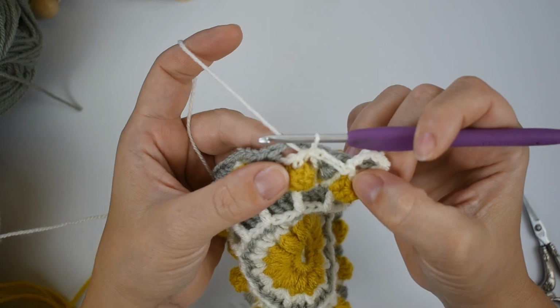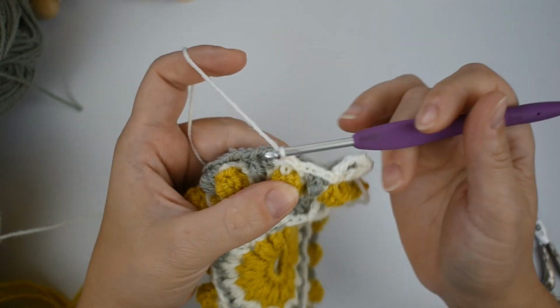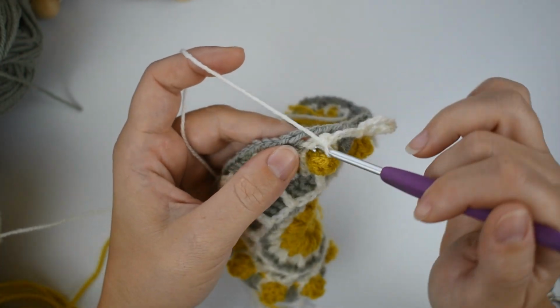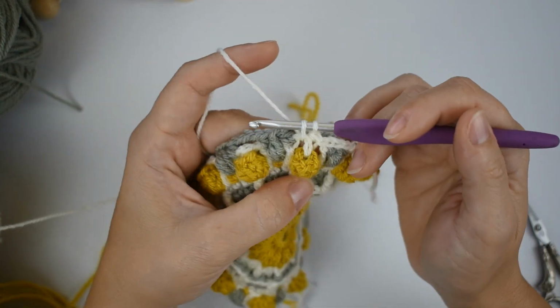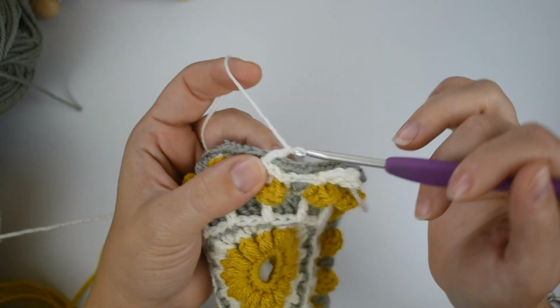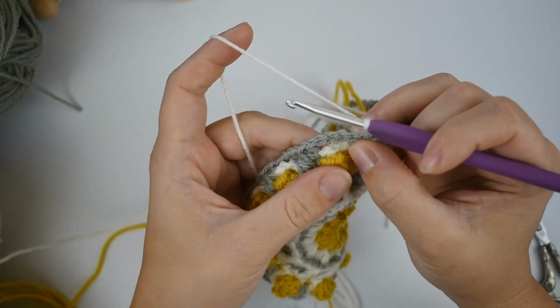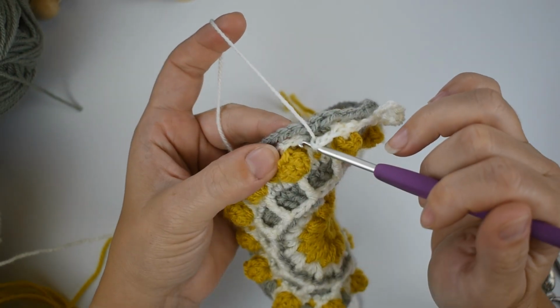Then we are going to make a single crochet in the single crochet, and then we are going to slip stitch in the next chain 1 space. Then we're going to chain 3, and that is our repeat. So we'll start again for you. So into the chain 1 space,